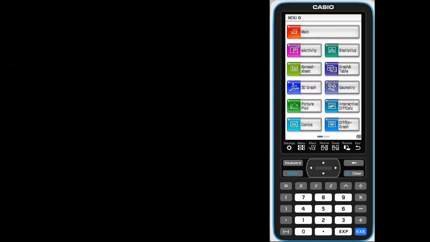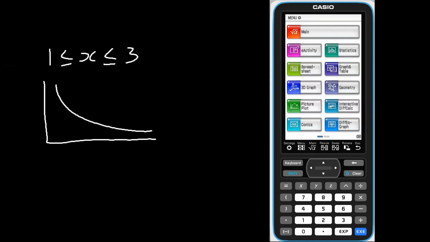We have a question here that is asking us to determine the area of the graph between x is 1 and 3. And the graph looks like this. So we're wanting to find this area here. Now we've got a calculator because it's calculator assumed, and the function of this graph